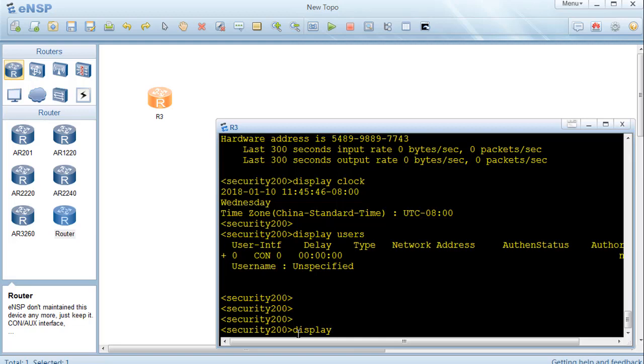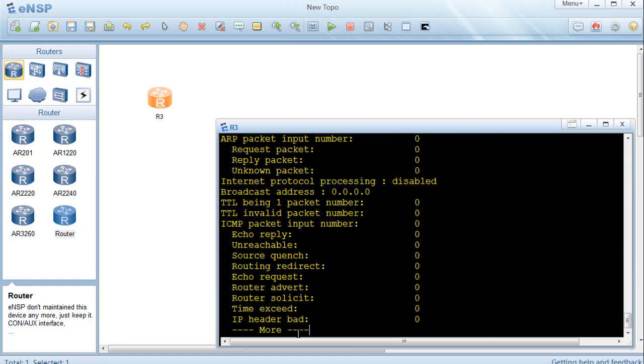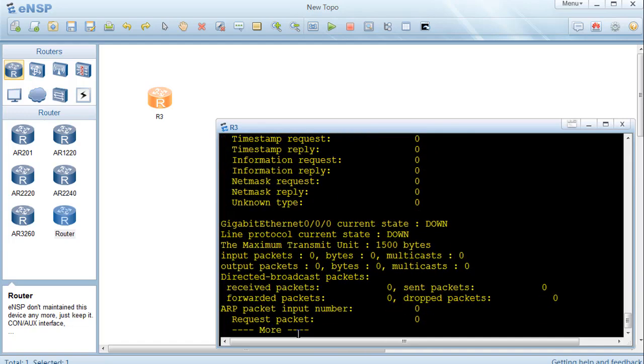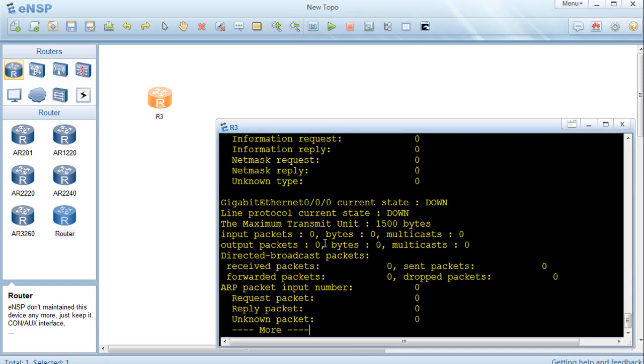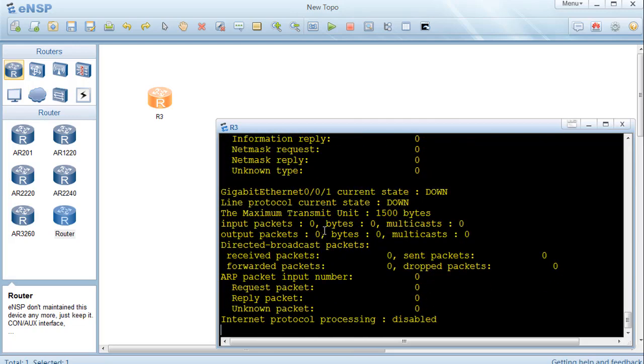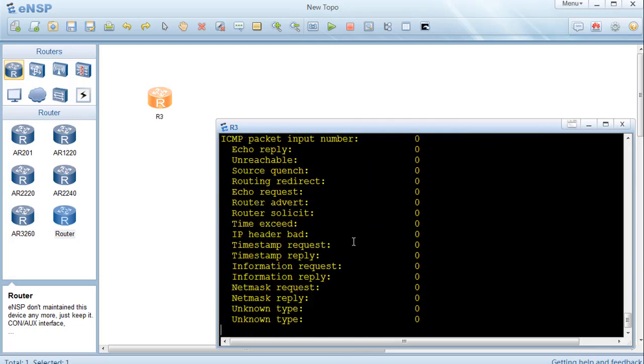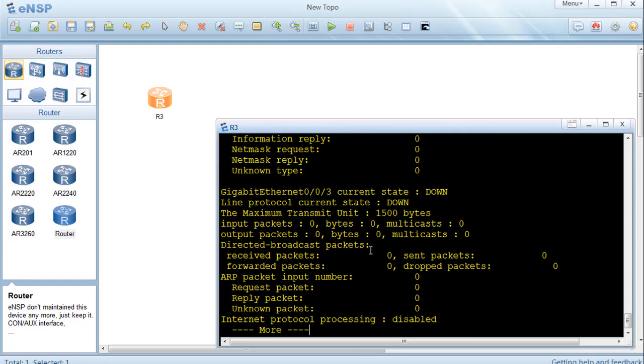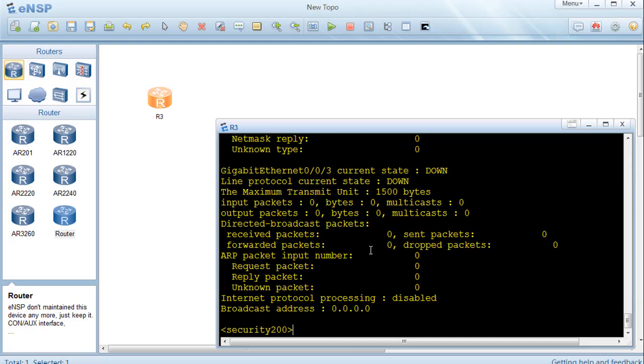The fourth command is display IP interface, which gives details about the interfaces and what IP address is configured on each interface. You can check that GigabitEthernet 0/0/0 is available. In the next practical, I am configuring that IP address. You can check 0/0/1 is available. You can check the GigabitEthernet interfaces available, and you can configure them using the IP address command and interface command. So, coming back to the presentation.